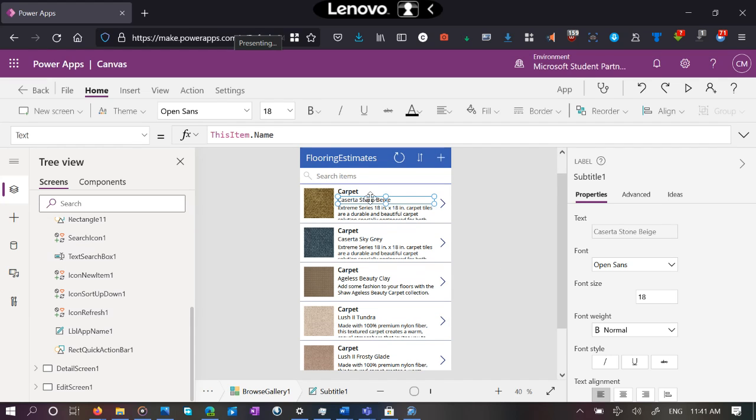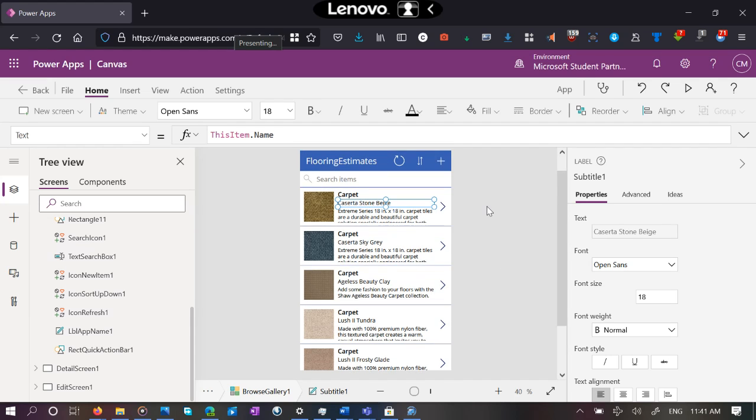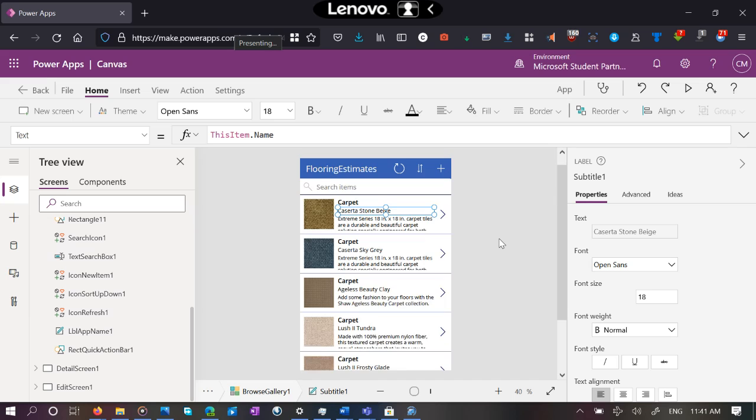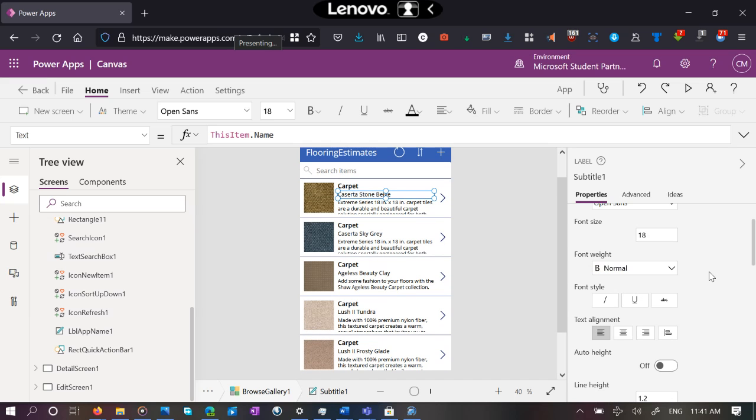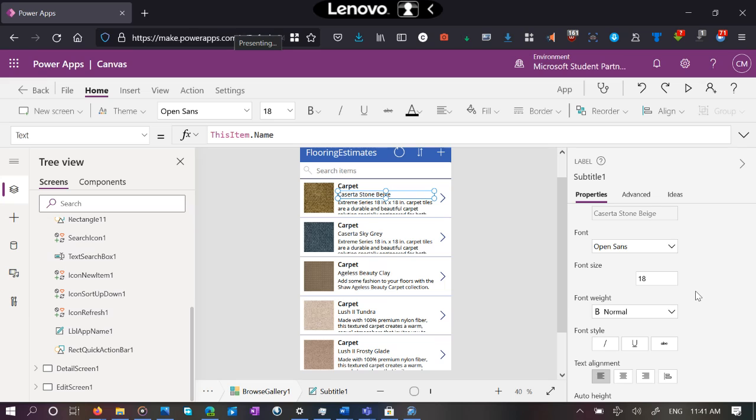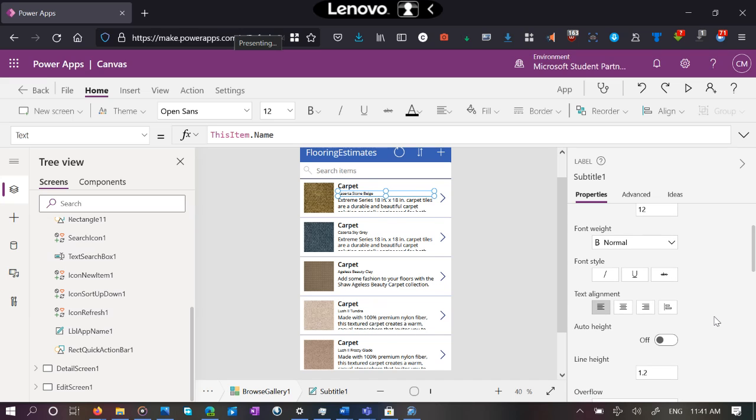I clicked on this label here, and it already gave me what the label says, which font it is, which font size. We can even play around with that. If we just change this to 12, see what happens. See, it's already changed to 12. It's already gotten a little smaller. Put it back to 18 just for uniformity's sake.